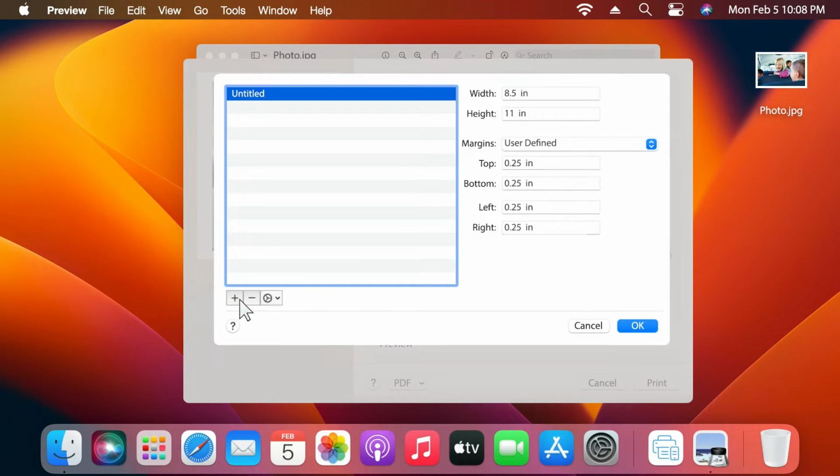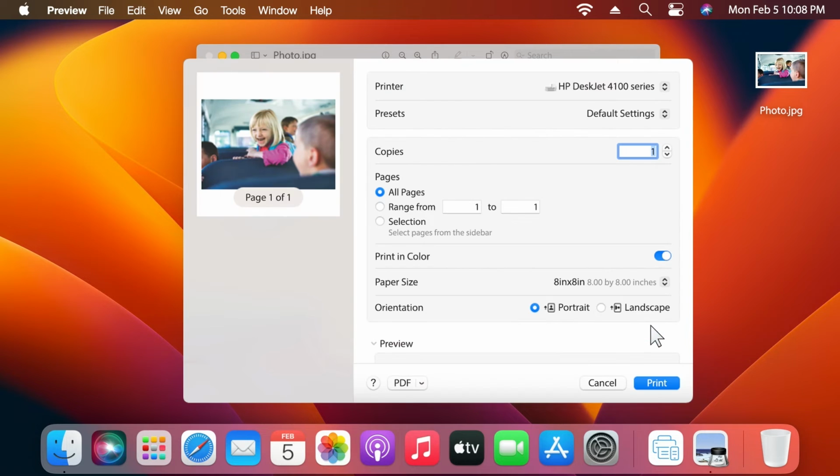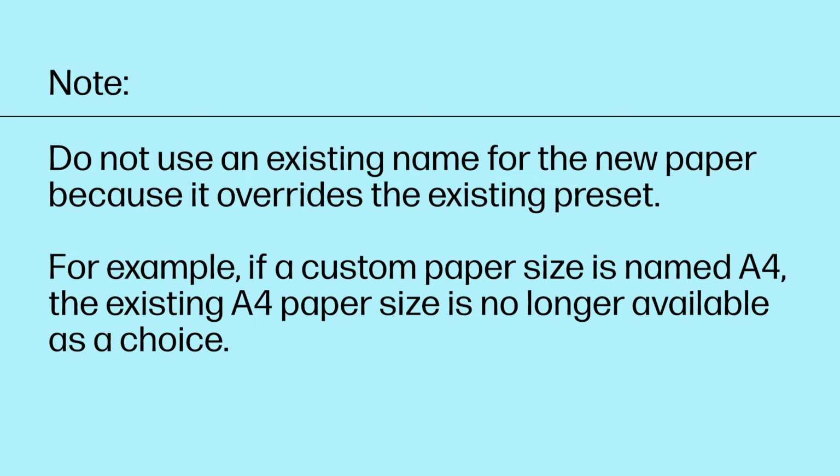Click the plus sign to create a new paper size. Double-click the default untitled name to type a unique name for the custom paper. Set the width and height. Set the non-printable area if you would like. And then click OK. Note: do not use an existing name for the new paper because it overrides the existing